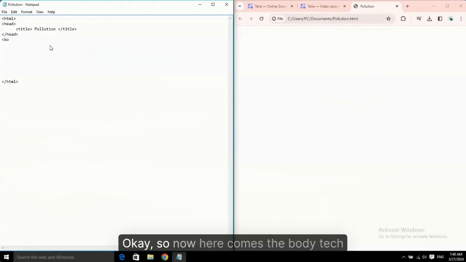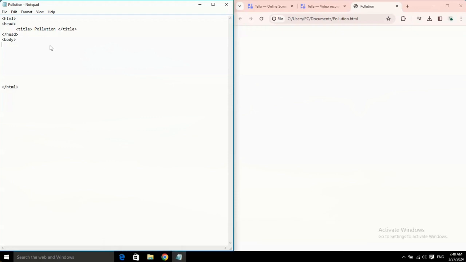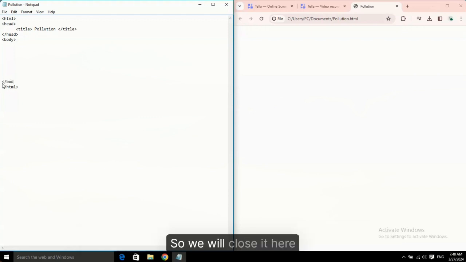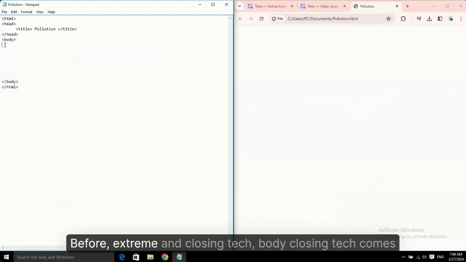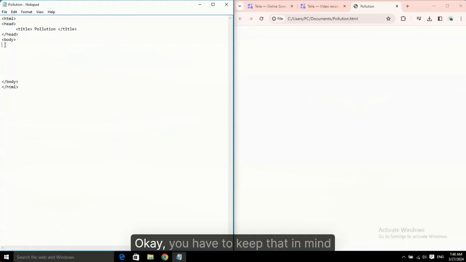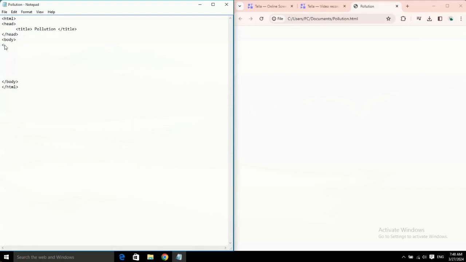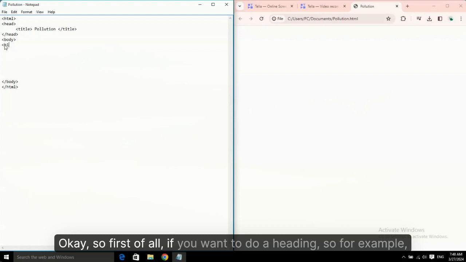Okay, so now here comes the body tag. The body tag also has an opening tag and a closing tag. So we will close it here. Before the HTML closing tag, the body closing tag comes. You have to keep that in mind. So today we're going to learn headings, paragraphs, and references, image sources. First of all, if you want to do a heading, for example, this is